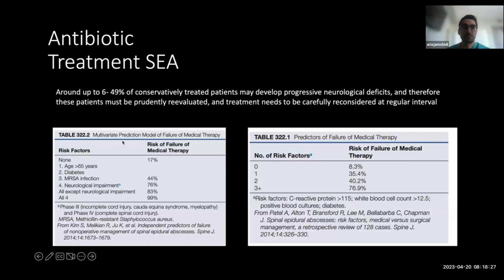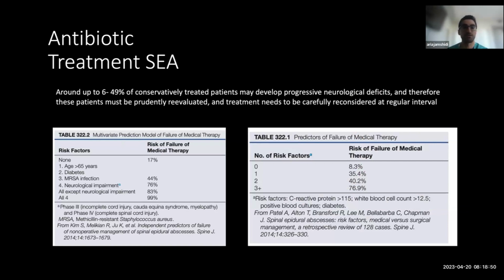In terms of the risk factors for failure of medical therapy, I think this is also important to know and realize. If we sign these patients up for antibiotic treatment, if we tell the infectious disease doctors we're not going to operate because there's no significant canal compromise, cord compression, etc., it's important to follow these patients or check in